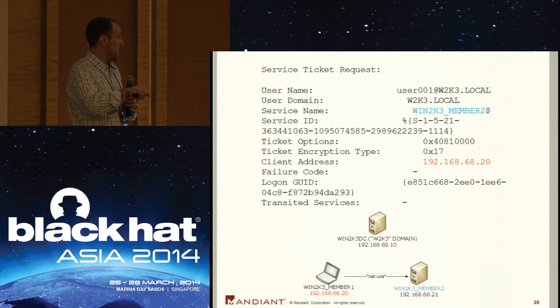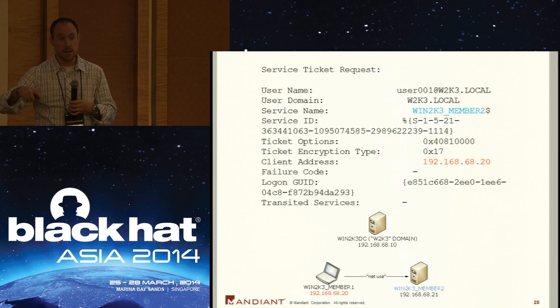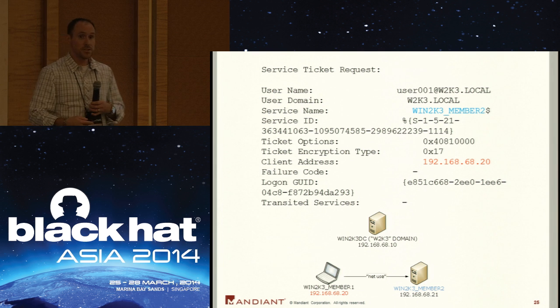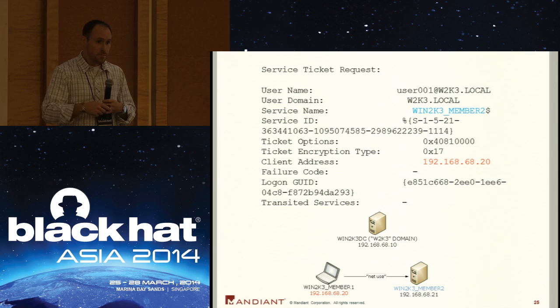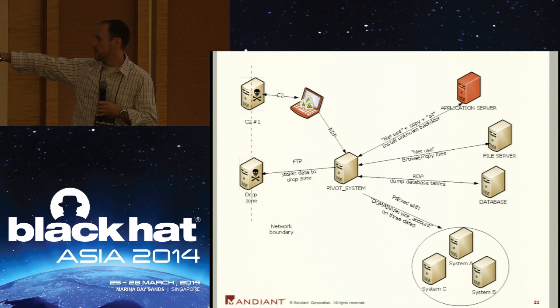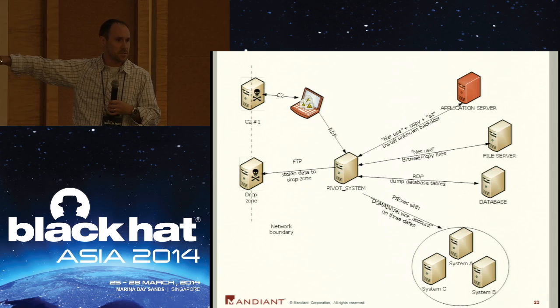And then you get the client address, which is where they were. So where was the user when they authenticated, when this ticket was issued? The user was sitting right here. I've used this on investigations before to identify additional systems we should look at. So what would happen, if you're back on this diagram, is you'd probably get 20 or 30 systems where this